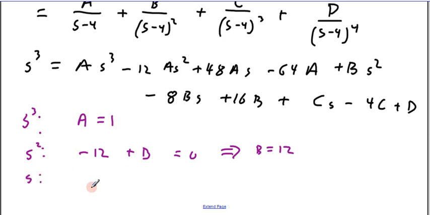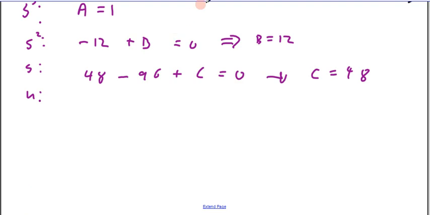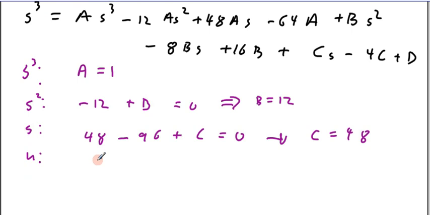I'm ecstatic about that. The c term, the s term, 48a, which is 1, minus the s term, 8b, which is 12, 96, plus c has to be 0, which implies that c has to be 48. And then I look at the unit term. Now I have 1 equation, 1 unknown left, so that should be pretty good, except I can't see the problem now. Okay, so the unit term, I have minus